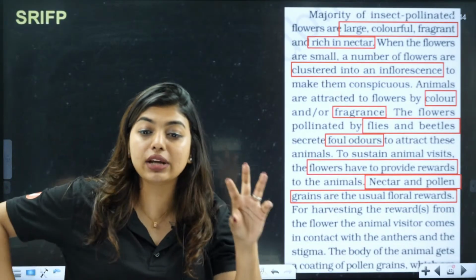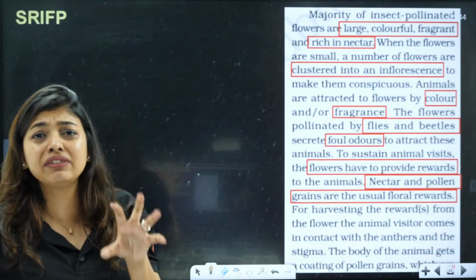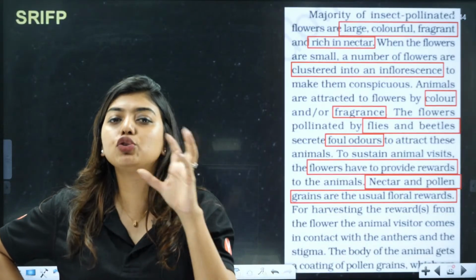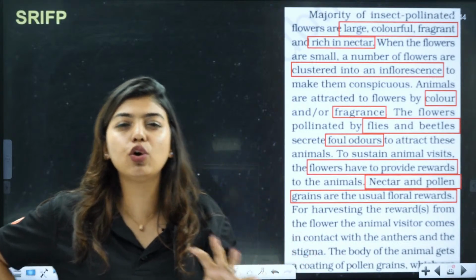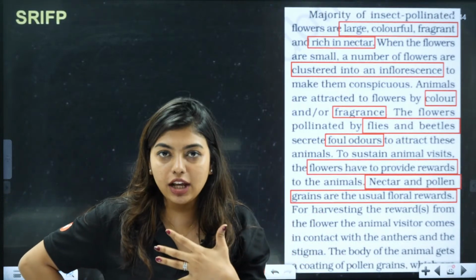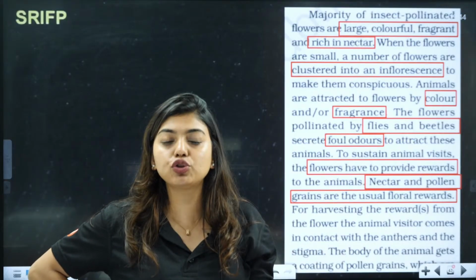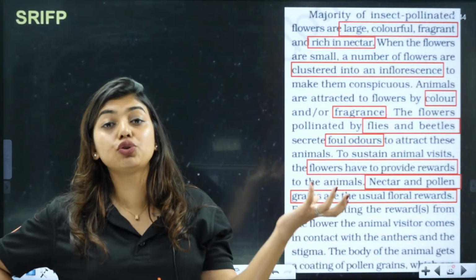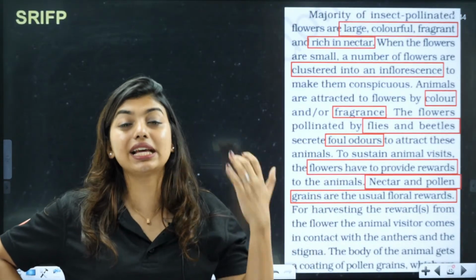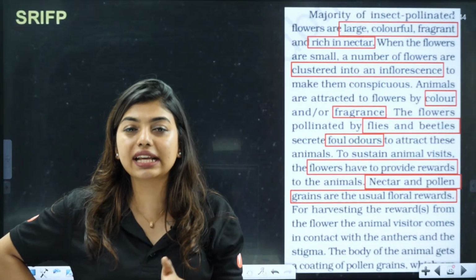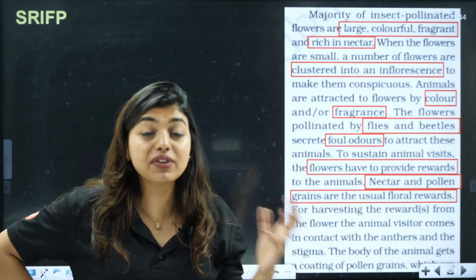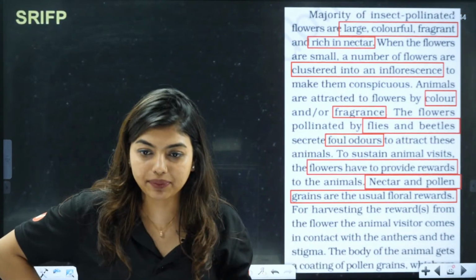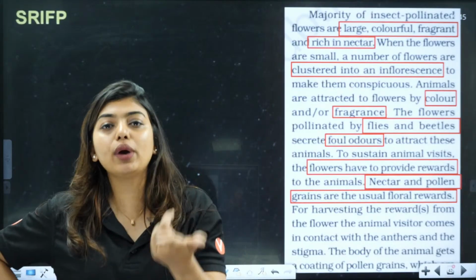Every time an insect comes, the flower has to give the insect a reward. Just like whenever you people come to the class, I tell you to like the video and comment on the class. That is the reward that I get for being a teacher and being active on YouTube. Now, what is the reward that you get? Whenever I teach a class and you understand everything, you feel that confidence, yes, I understood it. And when you write really well in the exam, that is the reward that you get. So whenever we are coming back to the class, we both expect the same. Correct? I expect a reward from you, you expect a reward from me.